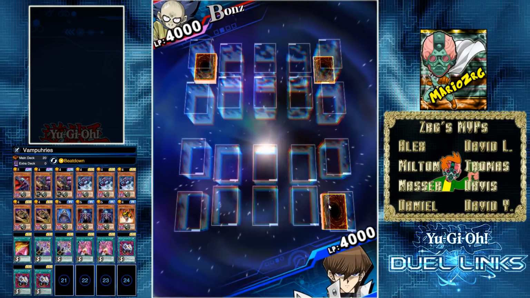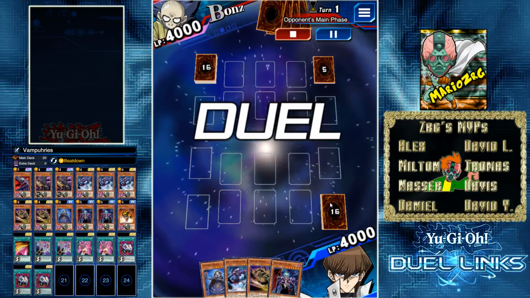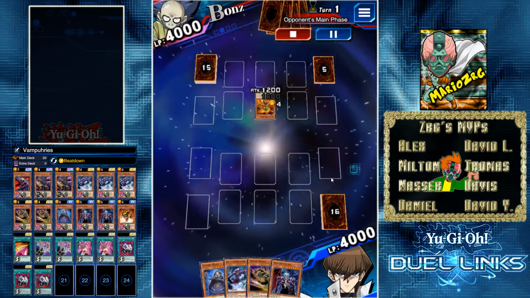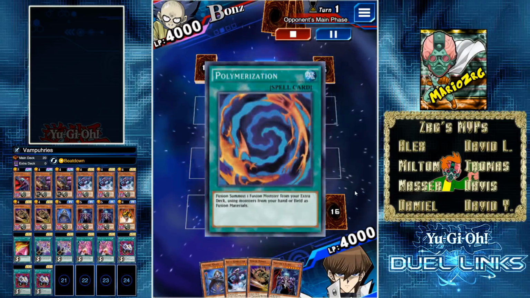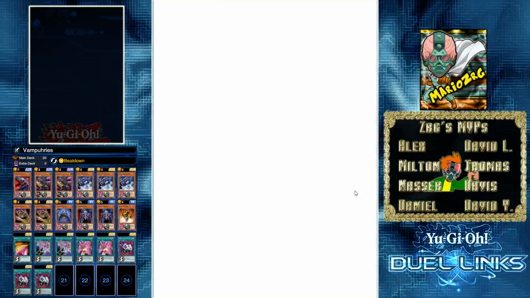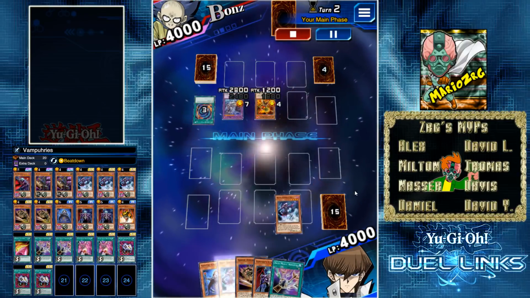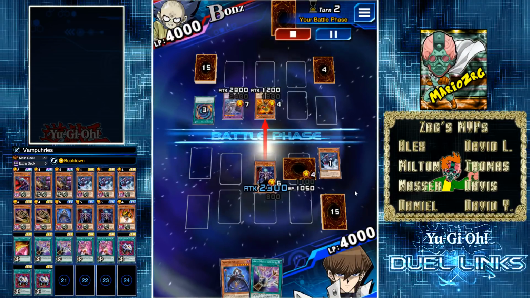But yeah, we're already on our last duel, like I mentioned. Not gonna be a long video, very short duels. We see Elemental Hero Blazeman, and this was one of the duels that actually went beyond turn 3. We see the Polymerization, so we're going up against Red Eyes Slash Dragon with a Buster Blader. Not a bad deck. You can go into your Red Eyes Slash Dragon, or you can go into your Destroyer,